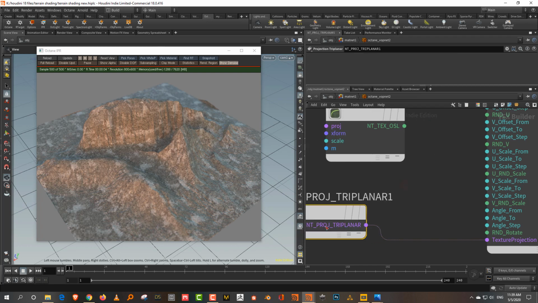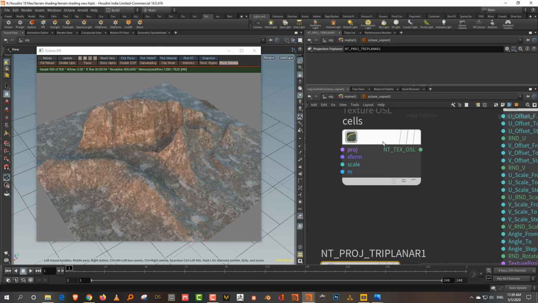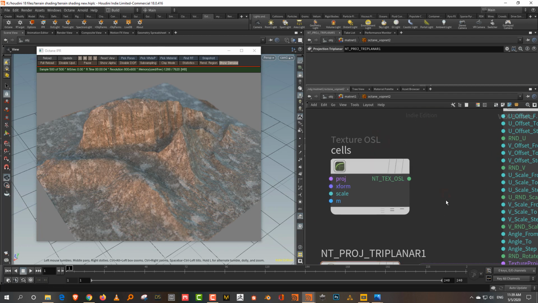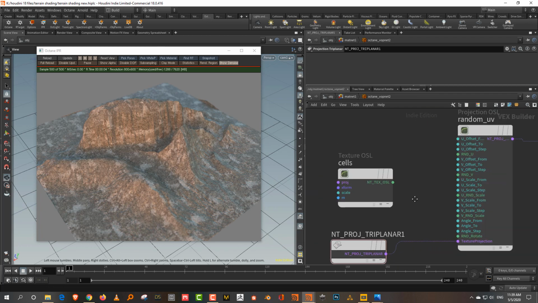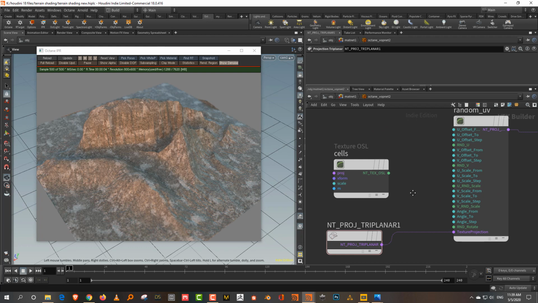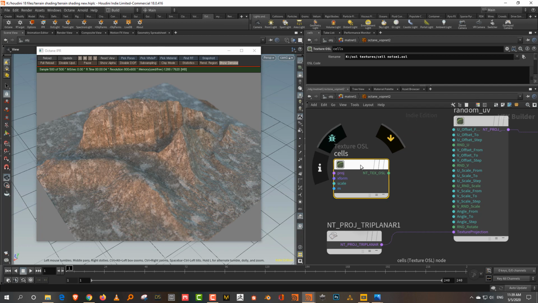This is a very well made map. Thank you to Raphael because this is something that I was looking for. Somebody asked me with the previous lesson, oh, there's a Blender lesson, can you do the same thing? And I was like, I know basics of OSL, but nothing to this level. I don't understand it to this level. But the great thing about OSL is that even if you understand really basic stuff, you can build the cell map that I did.